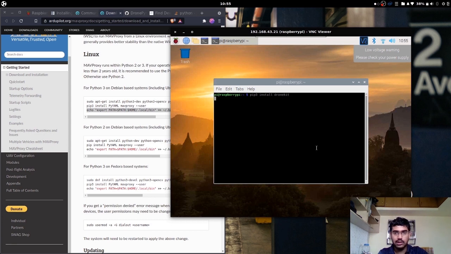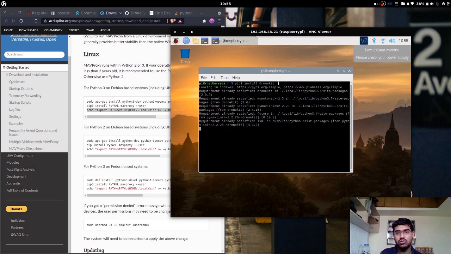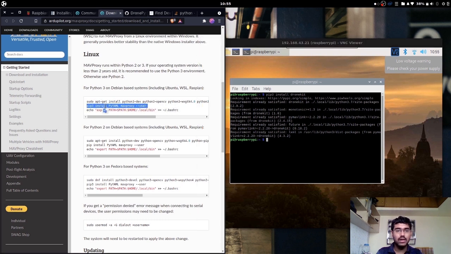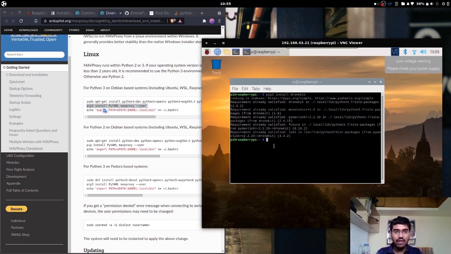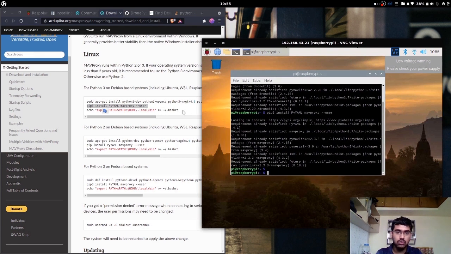I've installed DroneKit, so I don't have to reinstall it. That part is done and sorted. Next, there's something called MAVProxy. MAVProxy is a Python program through which you can directly send Mavlink commands to the drone through your Raspberry Pi. To do that, just do pip3 install PyYAML mavproxy, and it should install all that you need. In my case, I've already installed it, so that's not a problem.